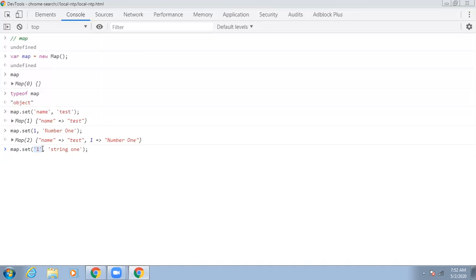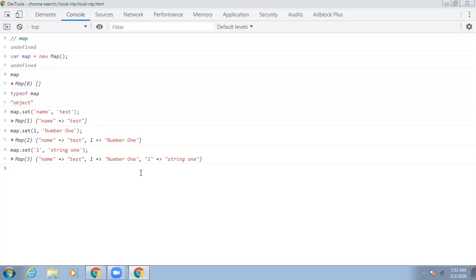Here I've given in quotations, whereas here this is just a normal property, right? See, what happened here is, if you observe, this is going to be added as a new property. Whereas in objects, if you're trying to do this, it is going to be overridden with the previous value, right? But with maps, we are getting the expected result.